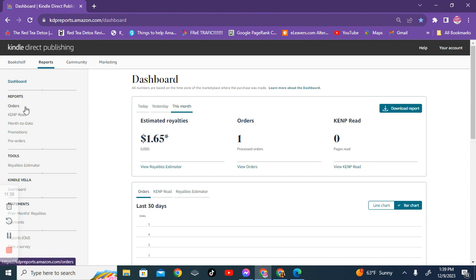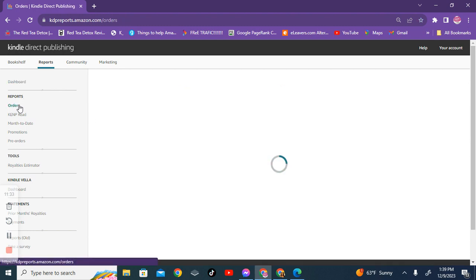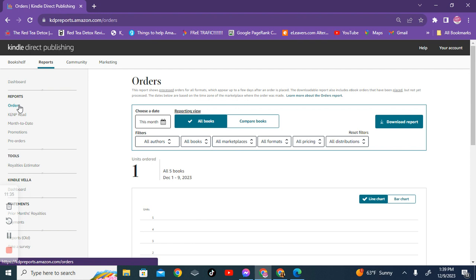Now what we're going to do is look at my earnings for really lifetime, which is the last 6 to 9 months. As you guys know, I got started in March of 2023. And in order to look at a lifetime report, as you see, I have 5 books. The last two were uploaded pretty recently: I uploaded one in November and one so far in December. And we're waiting on probably another 7 books to come out of review. So we're going to look at all books,